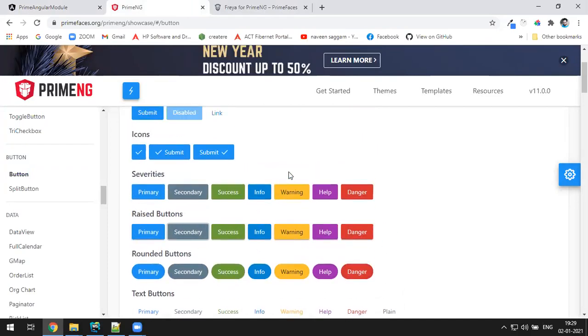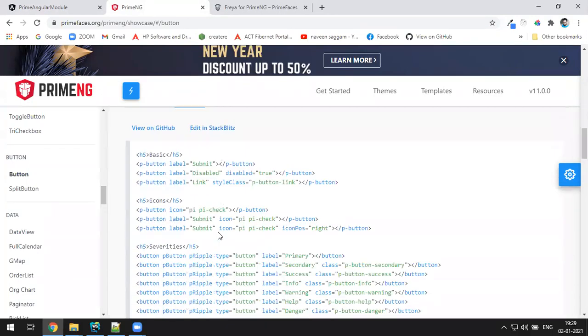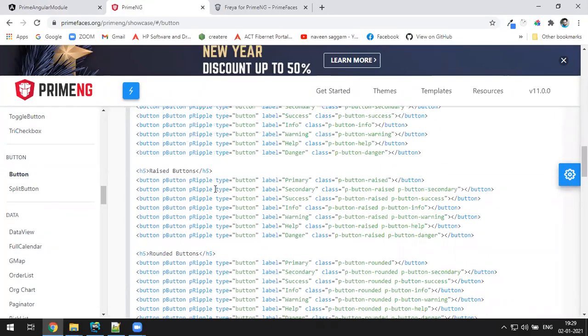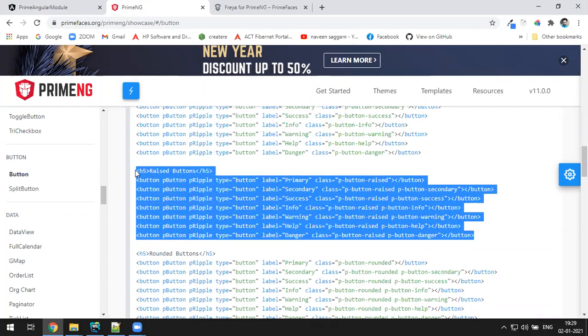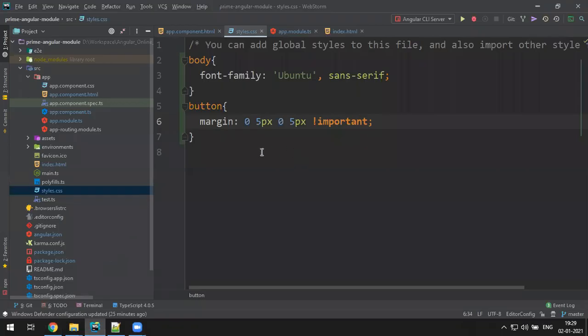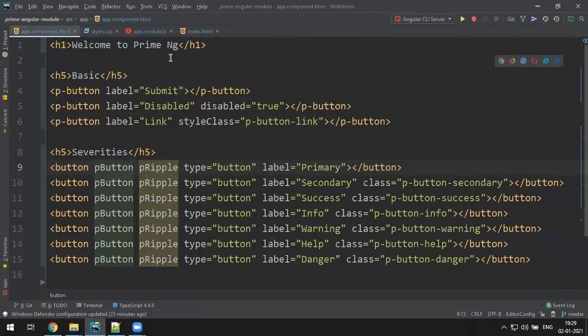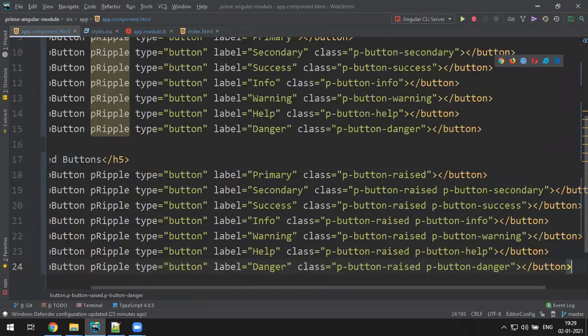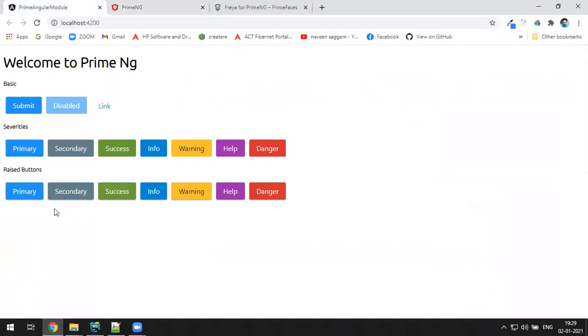And you want rounded buttons or raised buttons. Raised button means a slight box shadow has come. See, the slight box shadow. So how you make raised buttons is here. Extra, you have to give the class name p-button-raised. I'll show you. Copy this. So go to here. I paste raised buttons. Extra, you have a class called p-button-raised. p-button-secondary is a class name for color. Raised is an extra class name, just the same. So if you give that, a slight box shadow will come. See this one. Slight box shadow is there.